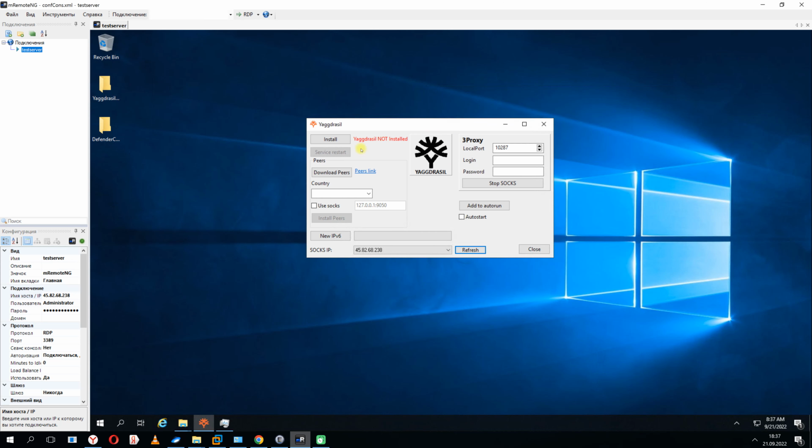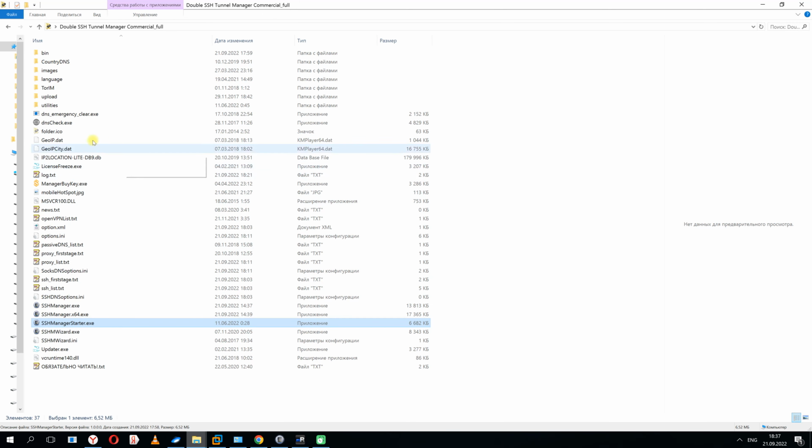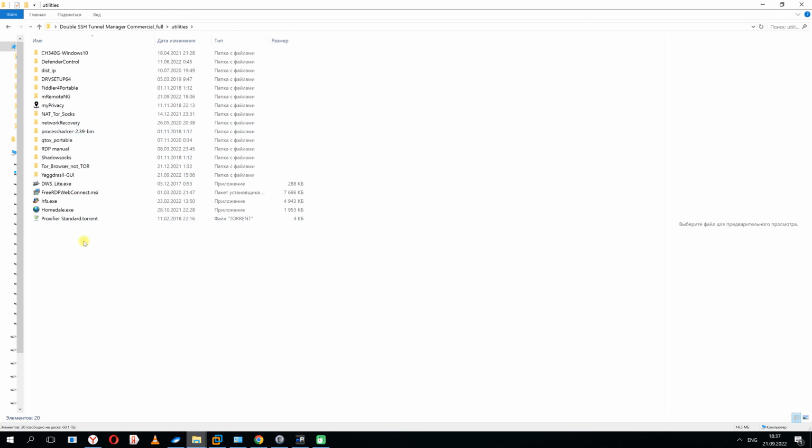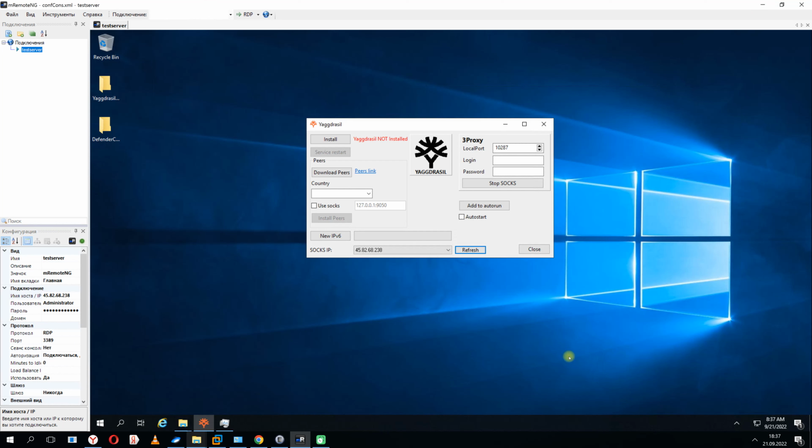Firstly, we go to the Double SSH Tunnel Manager program, then to the Utilities folder. And here we have such thing as yggdrasil GUI. This is basically a 3proxy GUI server, but not the simple one. A little later I will explain why I took the yggdrasil 3 proxy. So here we have the remote server. It has an IP address